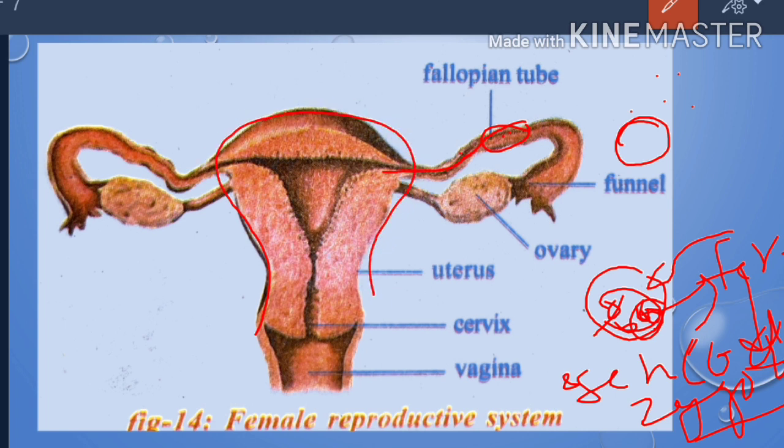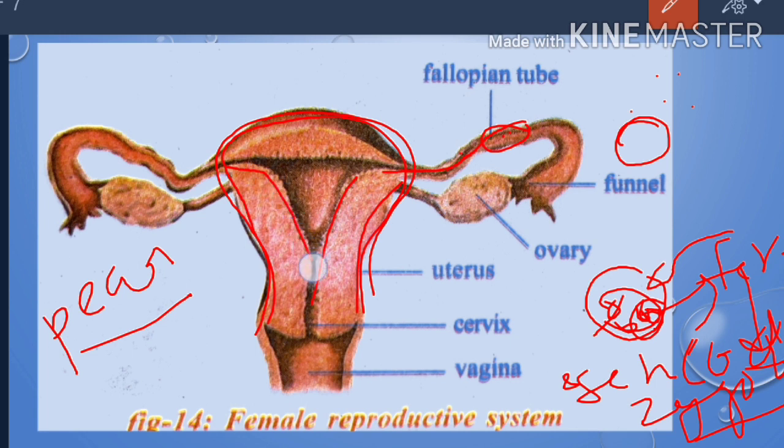So the uterus is an inverted pear-shaped structure. Pear is one type of fruit. If the pear is inverted, it means upside down. So an inverted pear-shaped structure. The inner walls of the uterus are called the endometrium. The endometrium gradually increases its size soon after menstruation to receive the embryo from the fallopian tube.